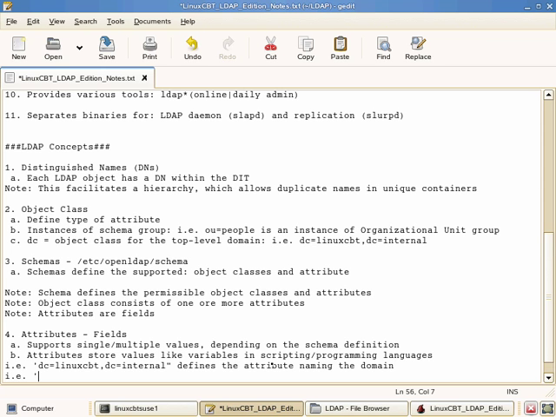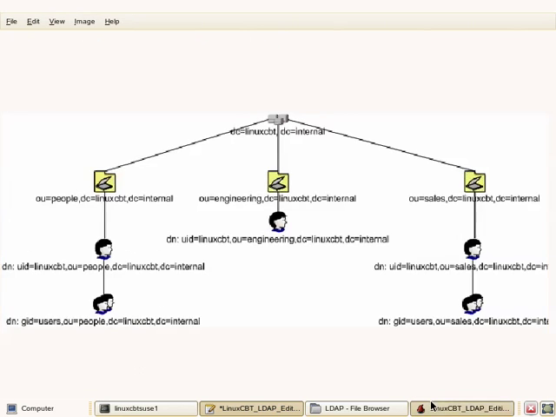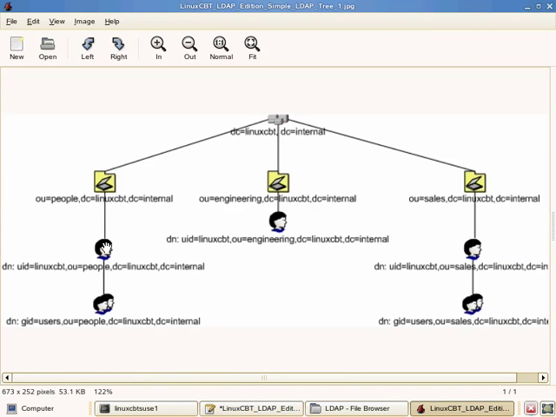So i.e. DN: UID=LinuxCBT,OU=people,DC=LinuxCBT,DC=internal. All of this constitutes an attribute named DN. So this one attribute represents multiple values to uniquely find the user LinuxCBT in the people OU versus the user LinuxCBT in the engineering